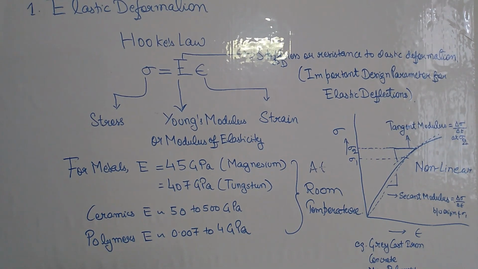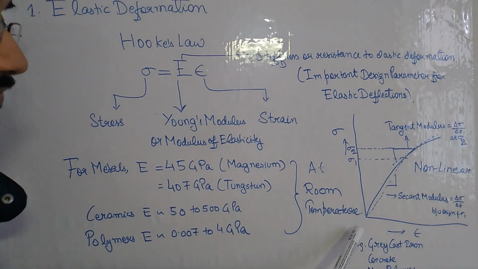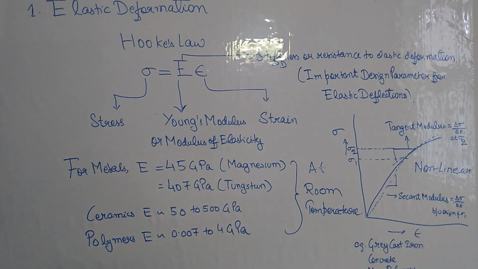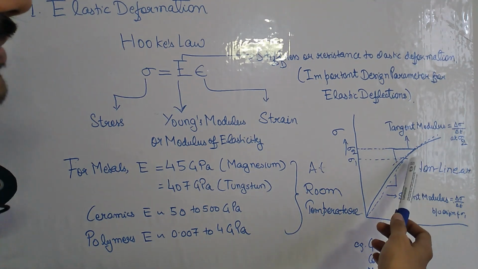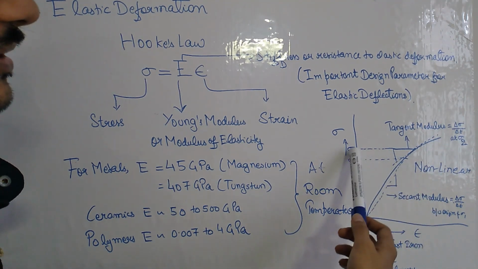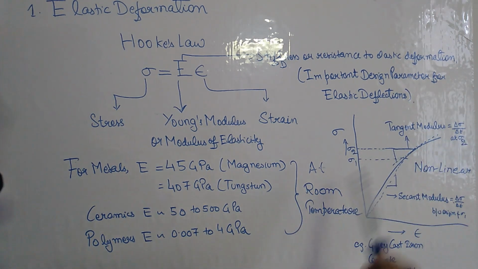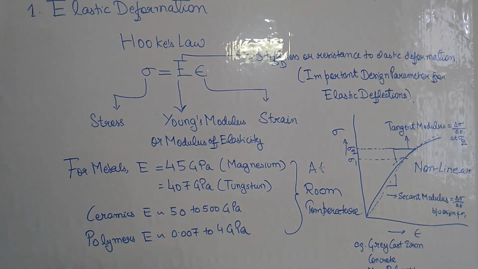Now, not every material displays a linear elastic stress strain region during elastic deformation. For materials such as cast iron, grey cast iron, concrete, and many polymers, the elastic region is non-linear. So, for this region, we can determine the elastic modulus in two ways: one using the tangent modulus, and one using the secant modulus. Tangent modulus is determined by finding the slope at a given point, let's say at sigma 2 of the stress strain curve. This modulus helps us determine the elastic modulus of this particular material.